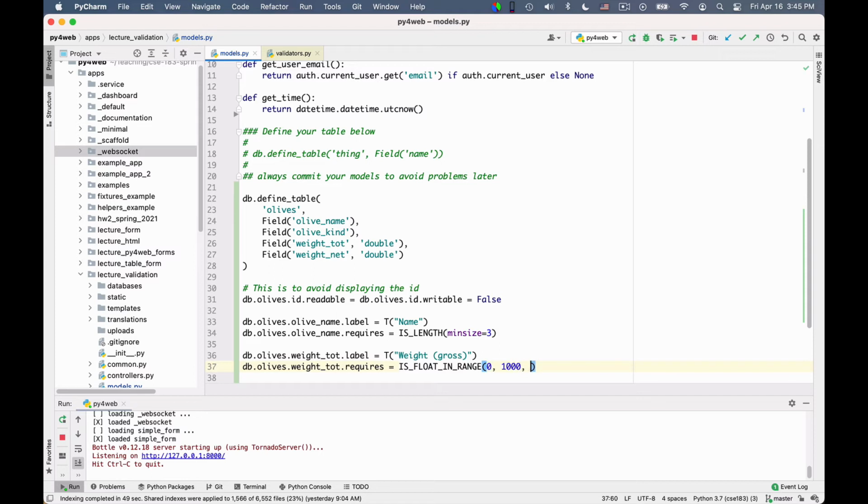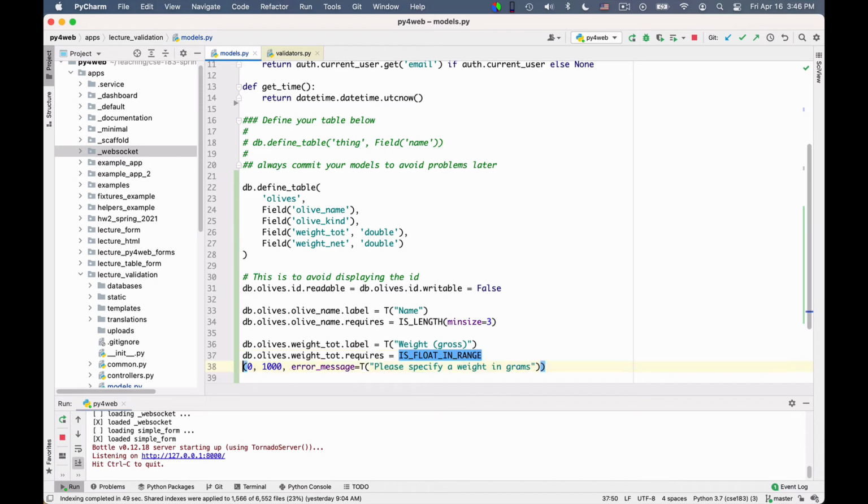I can specify also an error message. So the error message is equal to the translation of please specify weight in grams, between 0 and 1,000, for instance.